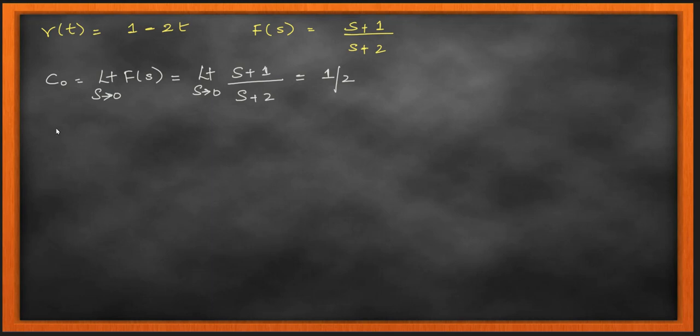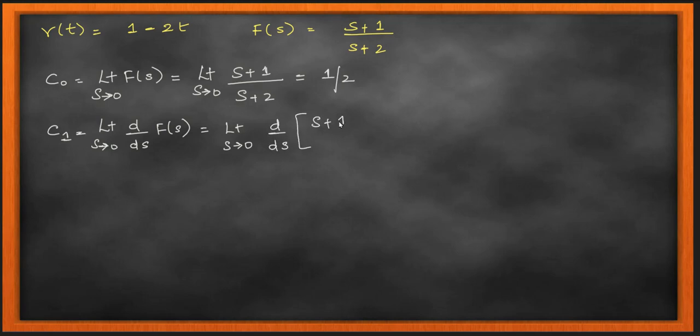which is equal to limit s tends to 0 of d by ds of s plus 1 divided by s plus 2, and that is equivalent to what? So now I have to do the differentiation, and this is of the form u by v, and my differentiation formula is going to be v du minus u dv upon v square. Right, so I'll write the formula here, and then apply the formula on the right hand side, and then obtain the d by ds for my rational expression, and then let us see how the limit